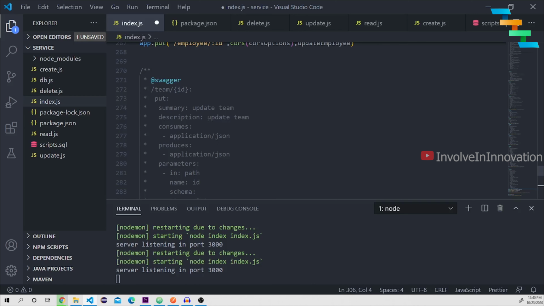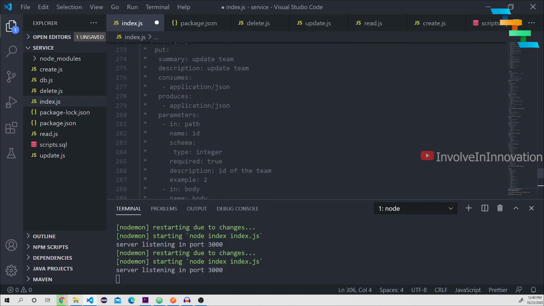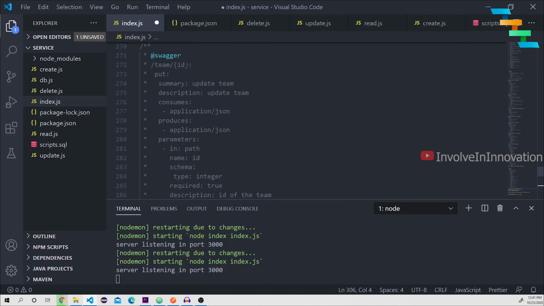Here I have given the context root, and I have mentioned the ID inside the flower brace because this is a request parameter, and I have mentioned this as put operation, and the summary is update team, and it consumes application JSON and produces application JSON, and it takes two parameters. One is request parameter, which is path variable. Here I mentioned it as ID. It is matching with the variable which I gave in the context path,